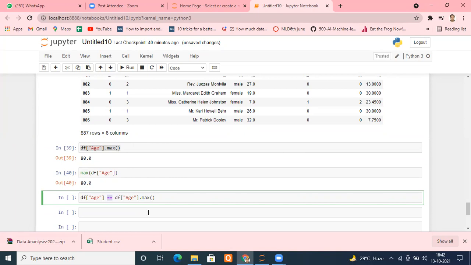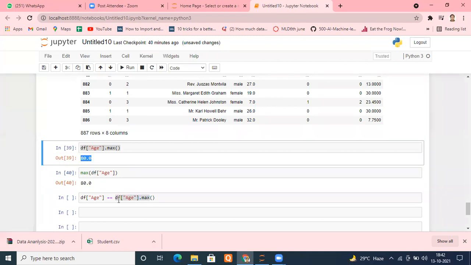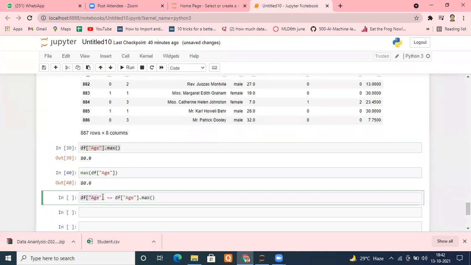Understand it this way: every entry of each column, every row of the column, will be compared with this value, that is 80. If that entry is equal to 80, it will return true. If it is not equal to 80, it will return false.